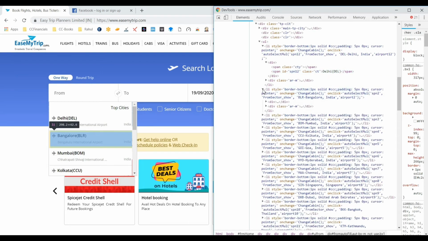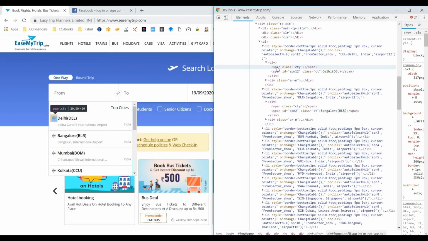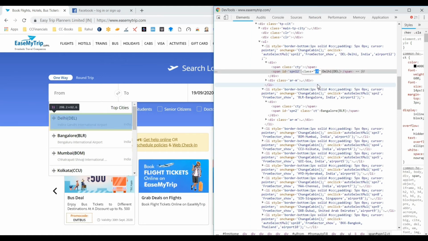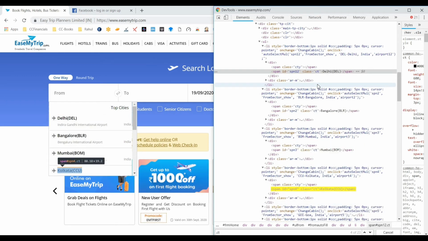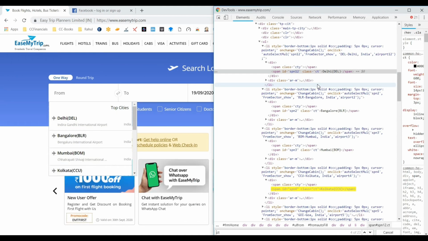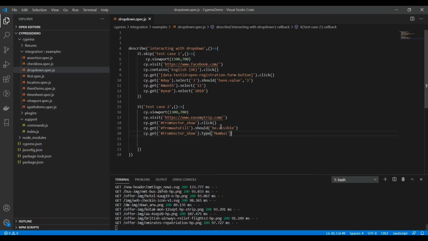So if I open the div, you can see the Bangalore city is the second one, and all these cities which are available, they are having the class ct. So if I just say .ct, it should select those cities. You can see the Delhi selected, Bangalore, Mumbai, Kolkata. So these cities are selected according to that. So I can use this city class to click on the particular element.